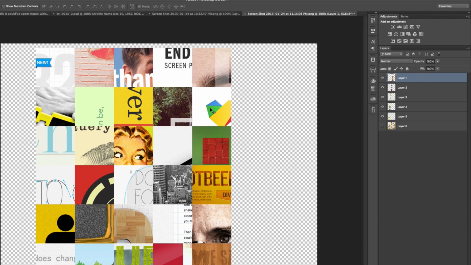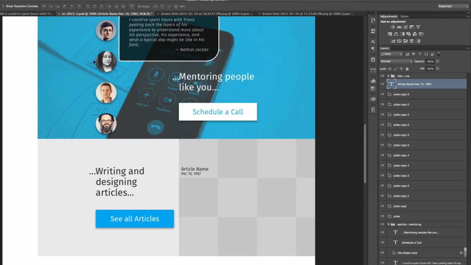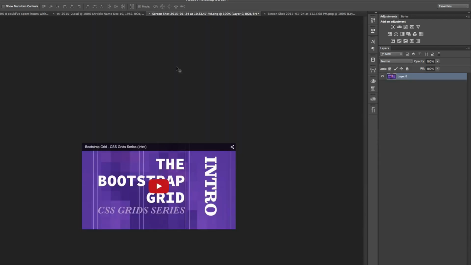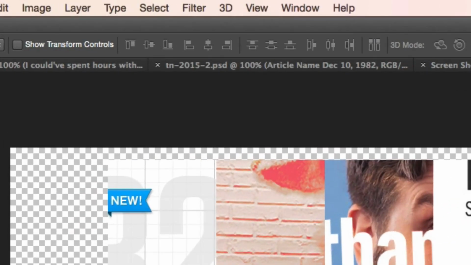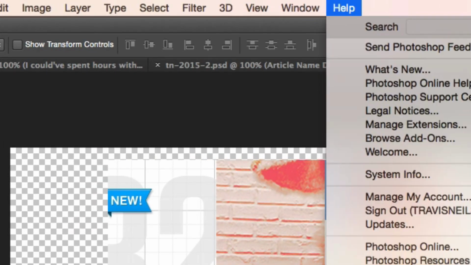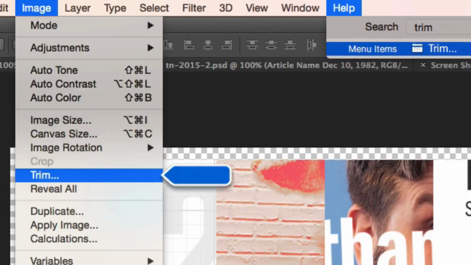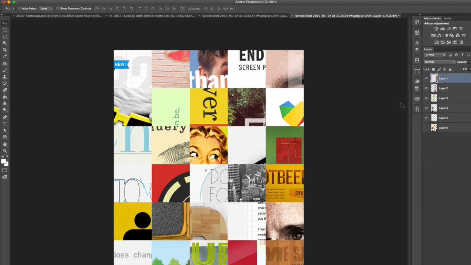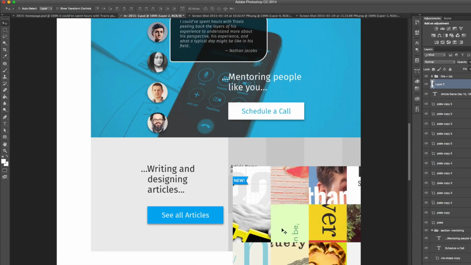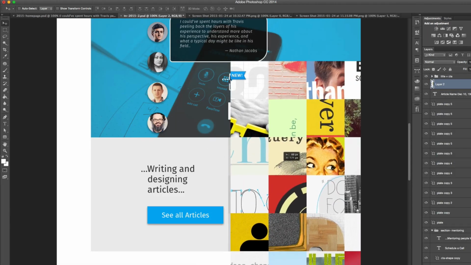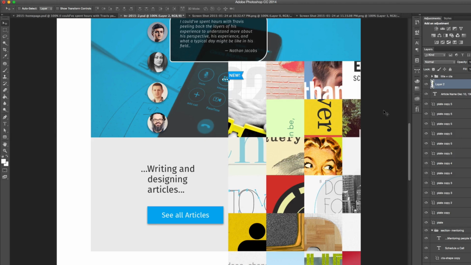There you go. Does that look like a good grid? And this one was 4 tall. No, it was 3 tall. So I'm going to press Command Shift question mark to get the help menu, and I'll write trim, and then I'll trim these naked pixels out, and then I'll just Command E to flatten these all to one layer again. And then I'll move that onto my grid, and now that I have that,